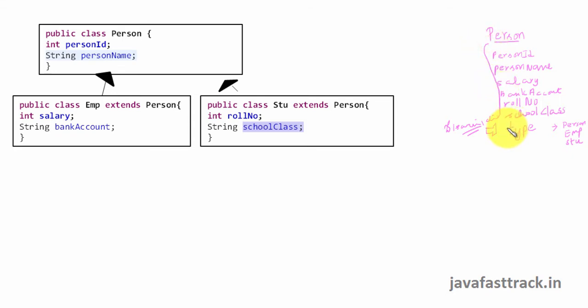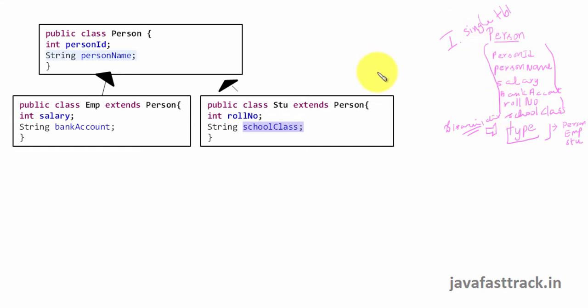You will have a single table. Data from the whole hierarchy is inserted into a single table with a type column. That is a discriminator column to discriminate what type of object is being inserted into the table. With that, I completed the first strategy, that is the single table strategy, table per hierarchy strategy. For the whole hierarchy, you will have one single table.